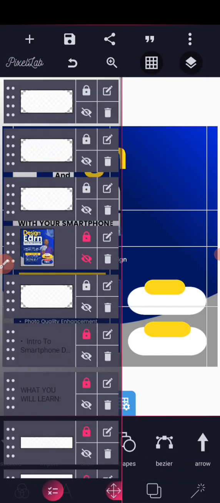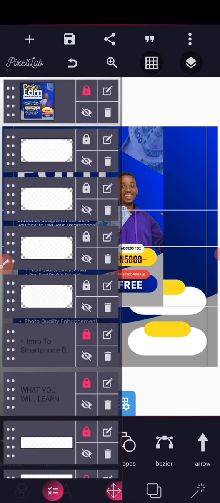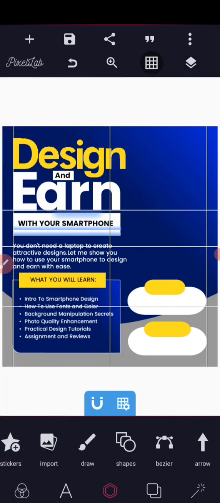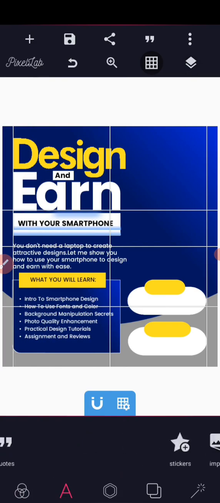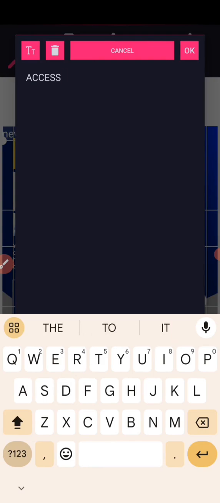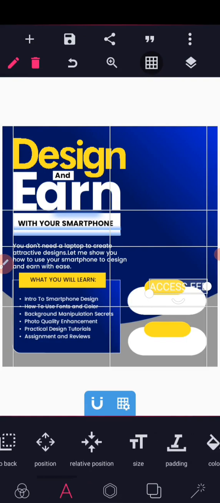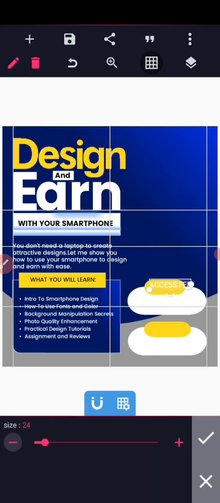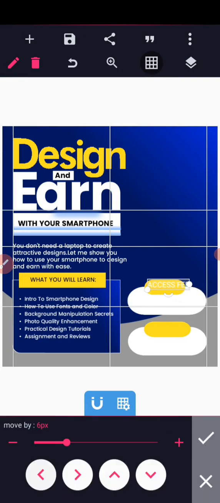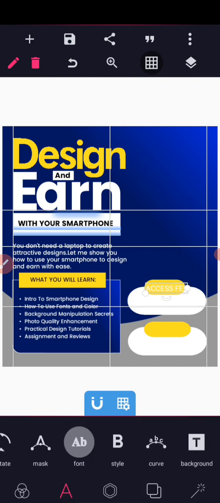So what is the text you're going to add? Sorry. The text you're going to add now is access fee and this first Android then access fee. Let's just copy this. Okay, I blocked it. If I add another text, access fee, reduce the size, position it well, change the font. Here's this one, so change the font,